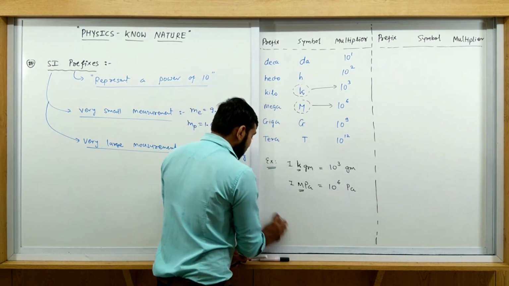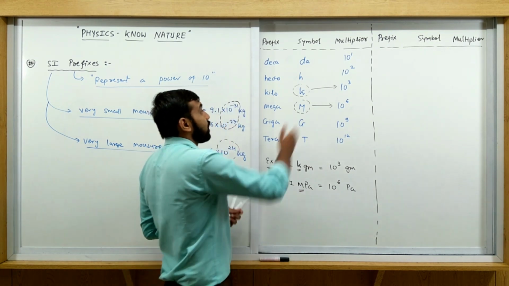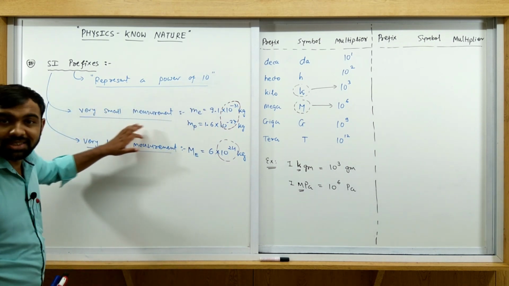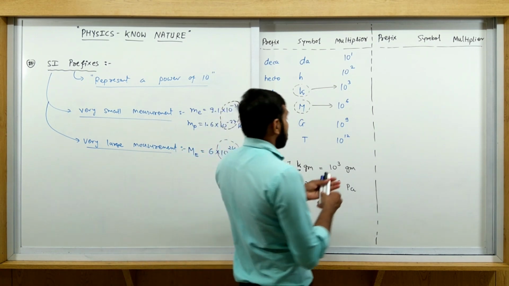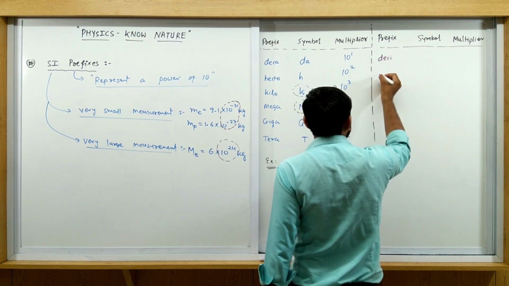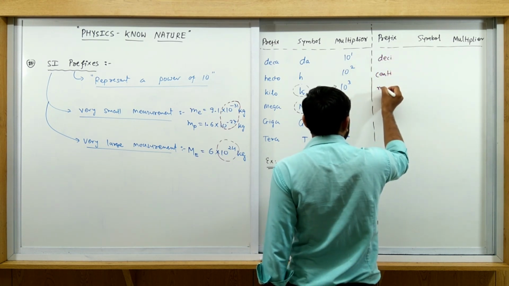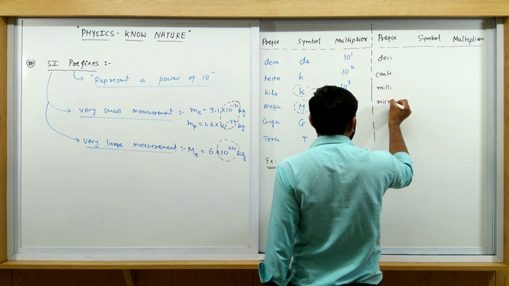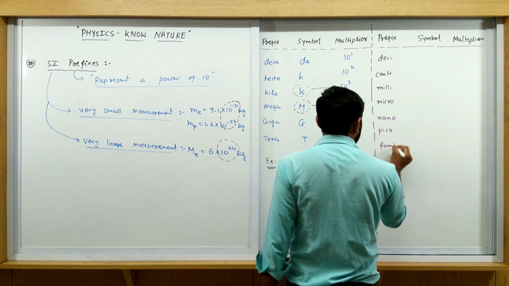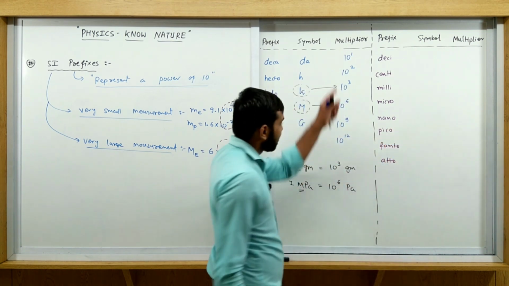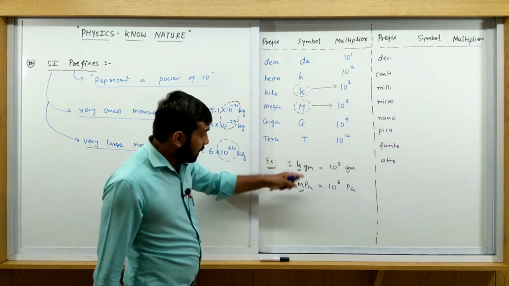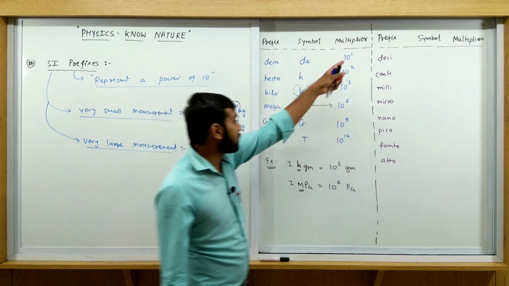Okay, now other prefixes are also used. This is for larger quantities. Now we have also discussed that prefixes are used for very small measurements. Which type of small measurement? Let's see. Here some prefixes are used like deci, centi, milli, micro, nano, pico, femto, atto. These are other examples which measure small quantities. These are for larger quantities. Okay, so larger measurement and small measurement.